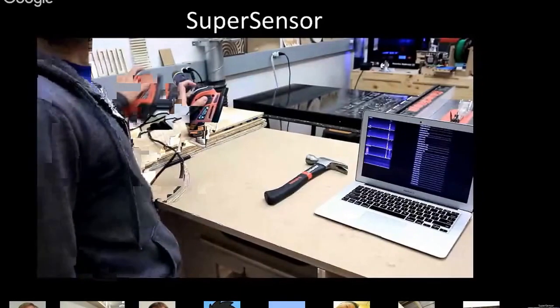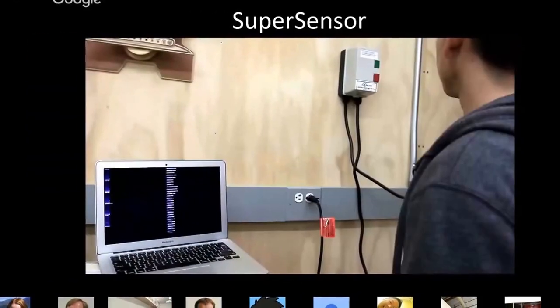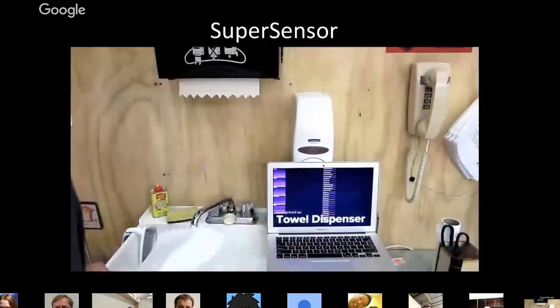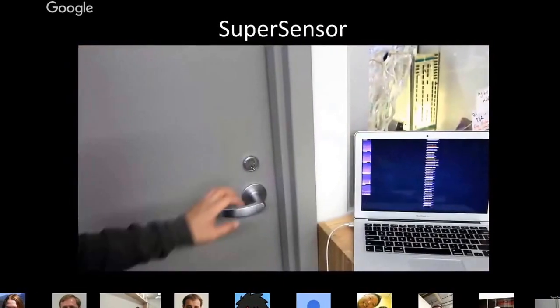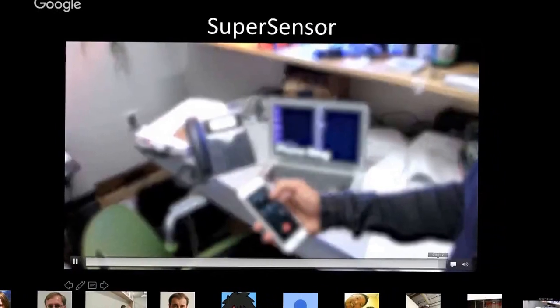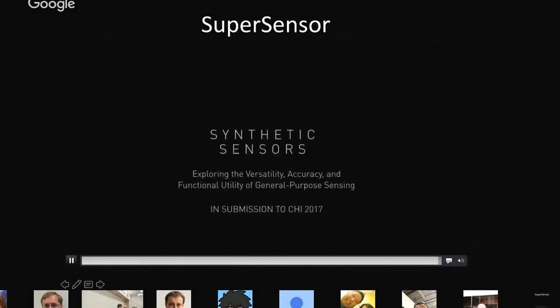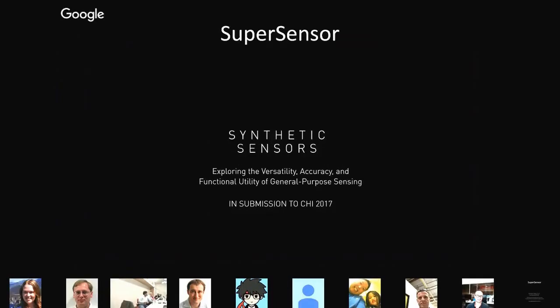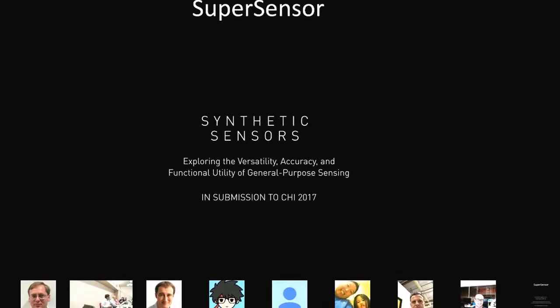Then it got placed in our local shop, and it can detect all of the different tools being used in the space as well. All right, so you get the point. And I think you mentioned this earlier, there's some level of training, right? Just to say this is a hammer, this is a yogurt cup. It kind of implied that there was some unsupervised stuff. Right, the level of unsupervised learning is extremely primitive at this point. It is sparsely labeled data. But it's possible that later we can do some transfer learning from one to the other. Yeah, we'll talk about that in a little bit.